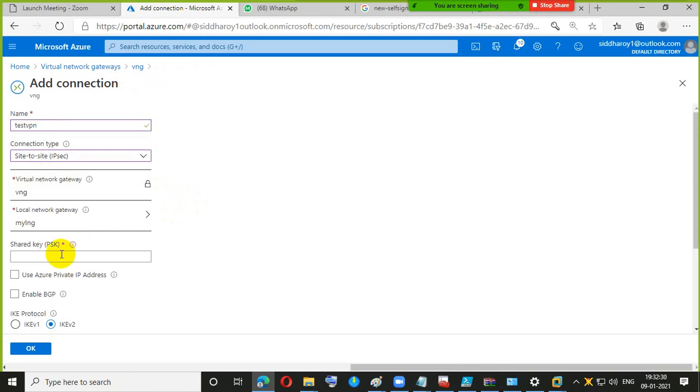Here we have to set one pre-shared password. So let's do it, set @123. That option is required.